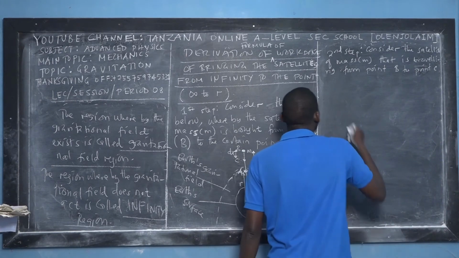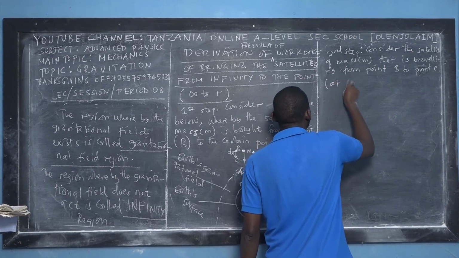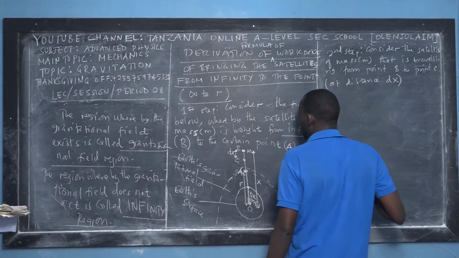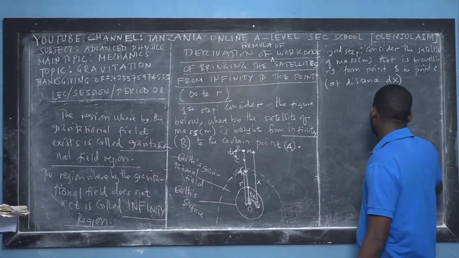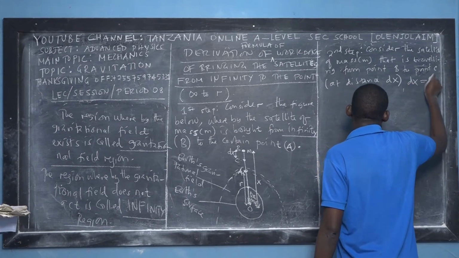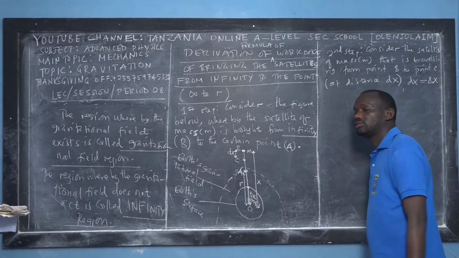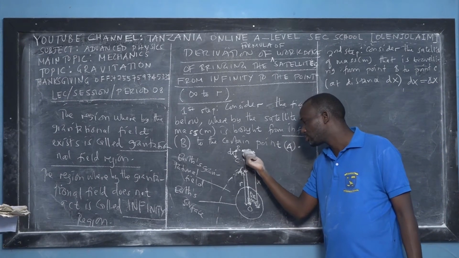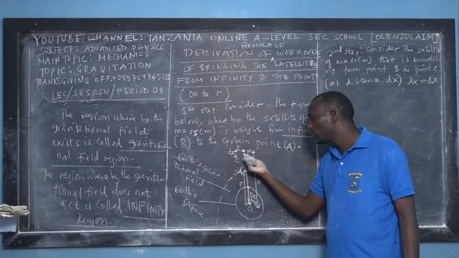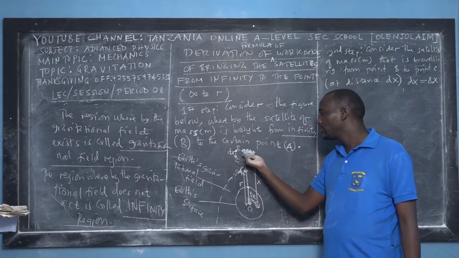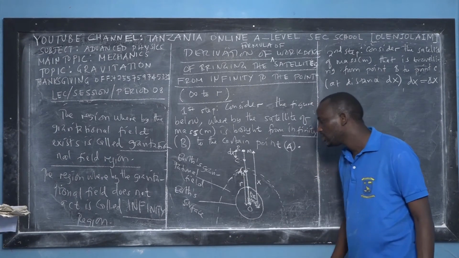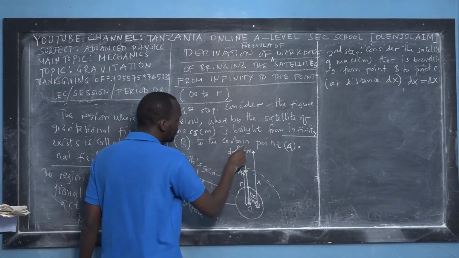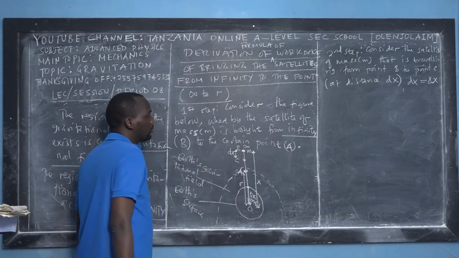So consider the satellite of mass m traveling from point B to point C, at a distance called dx, a small change in x. Remember that dx is equal to a small change in x. This is just a small distance we want to derive. Then we use the concept of integration, integrating from infinity to point A. Remember that in physics and also in mathematics, infinity we write with this symbol.